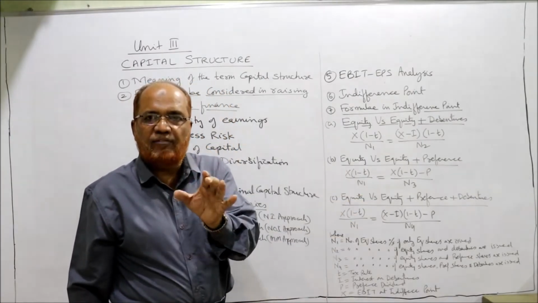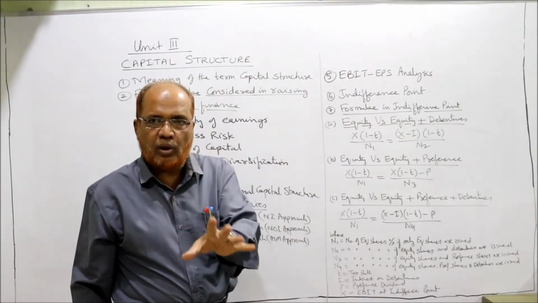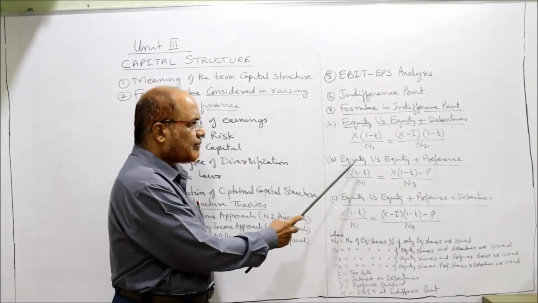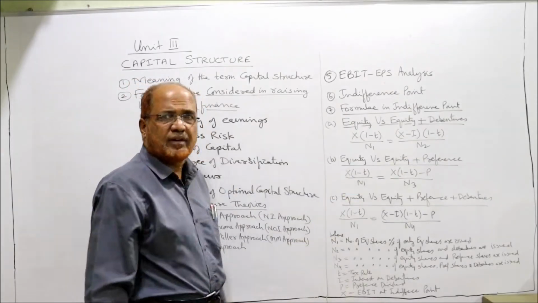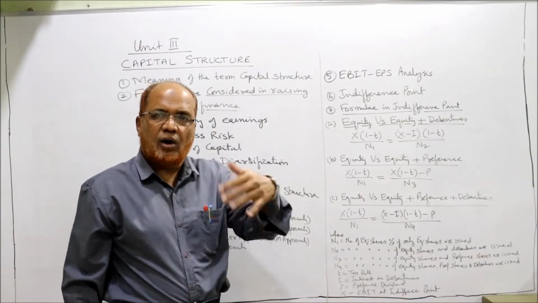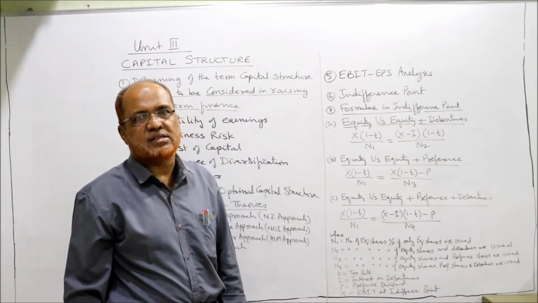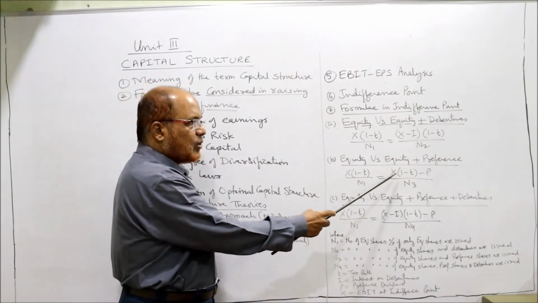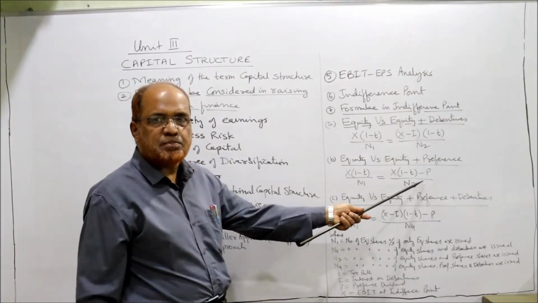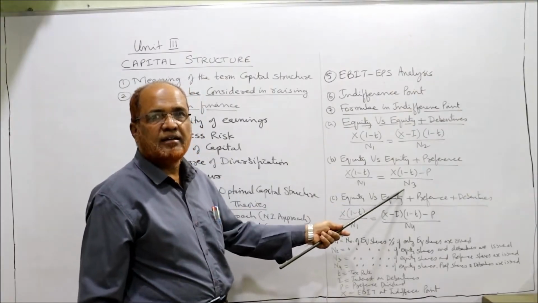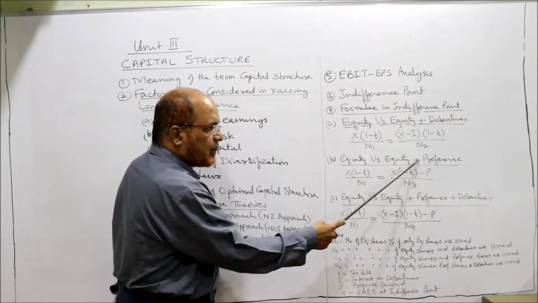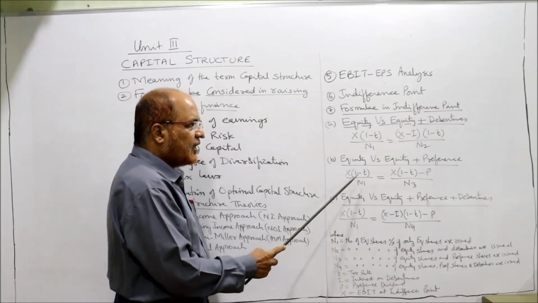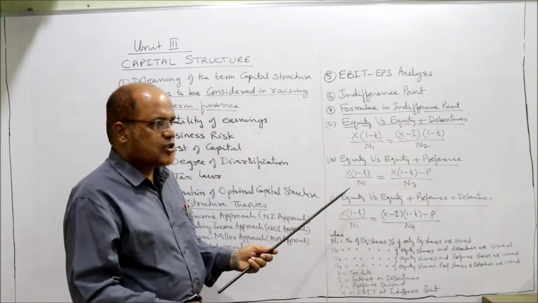When we are finding out the indifference point, in one plan we have only equity, in the second plan we have equity and debentures. Second, equity versus equity plus preference. एक प्लान में ओनली इक्विटी है और दूसरे प्लान में इक्विटी एंड प्रेफरेंस। तो ऐसा सिचुएशन में फॉर्मूला X into (1 minus T) by N1 is equal to (X into (1 minus T) minus P) divided by N3। तो ये जो फॉर्मूला है ये इक्विटी प्लस प्रेफरेंस का है और ये फॉर्मूला ओनली इक्विटी का। Here X stands for EBIT at indifference point, ये मालूम करना है,